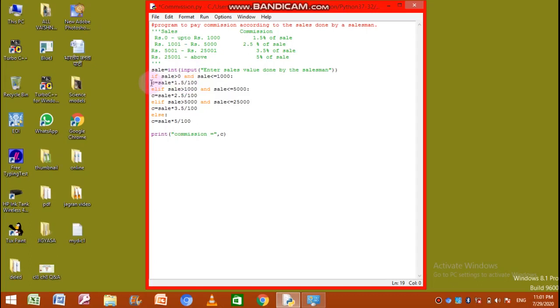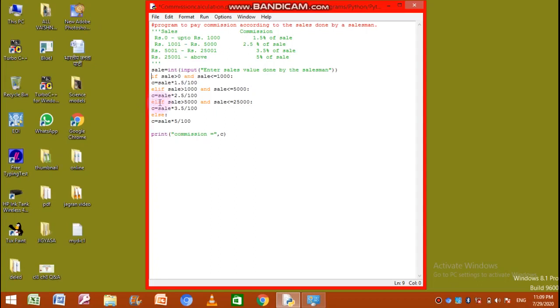assigned into C. Otherwise, another condition will be checked whether the value of sale is greater than 1000 and sale is less than or equals to 5000. So when both the conditions return a true result, then the overall result will be considered as true, and then 2.5% commission will be calculated and stored into C. Otherwise, if this condition becomes false, it will jump to check the next condition.